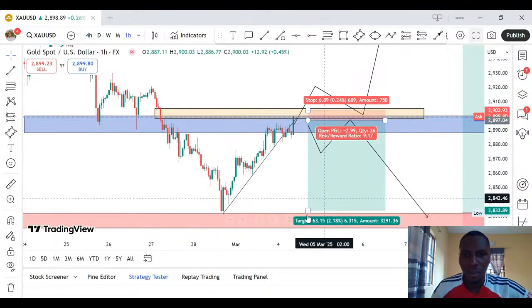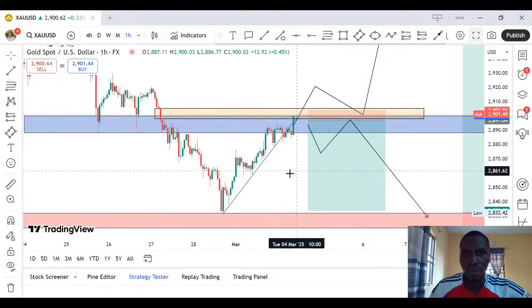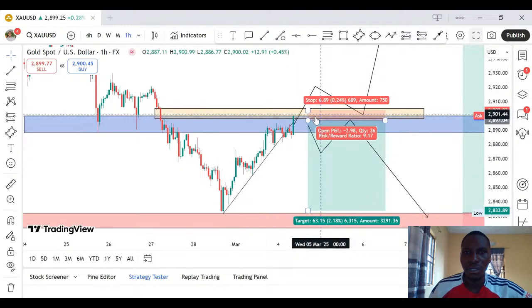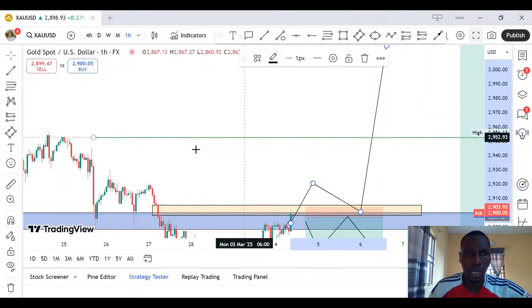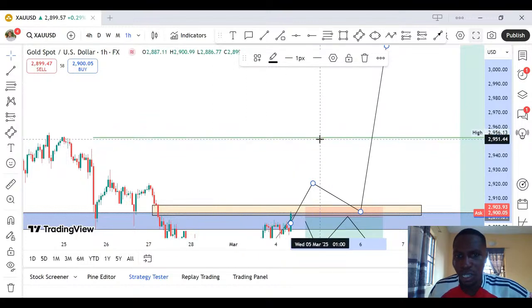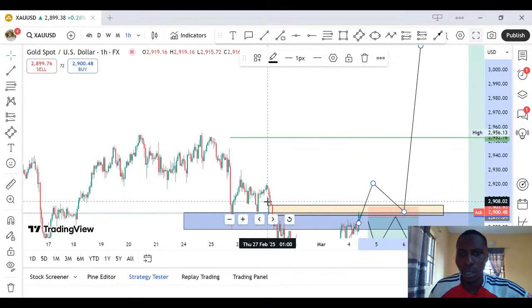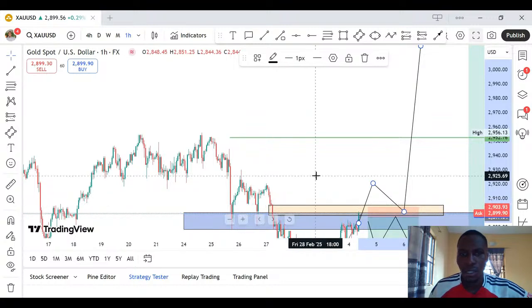So my overall target will be here if price really went in my direction of breakout and did what we needed it to do. And if it bounces up, breaks out and retests, our overall target will be up here, though we are taking our first profit target at this point, then overall will be up here. So that's my take on GBP USD, sorry, rather on XAUUSD, which is gold.